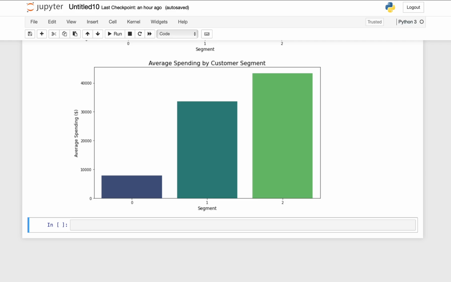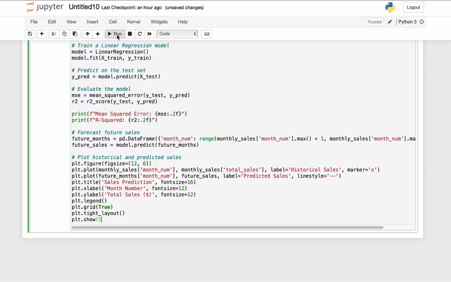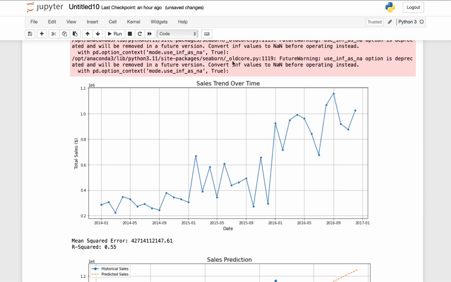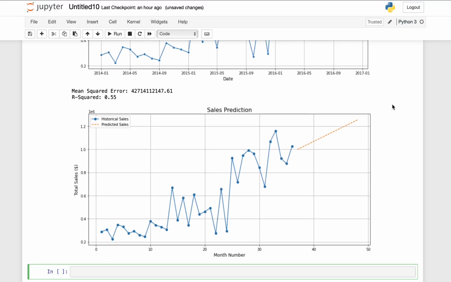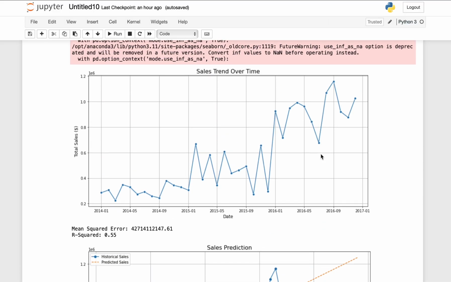to kind of forecast future sales. So we're going to plot the historical and predicted sales, and let's take a look and see what that will give us. So this is a lot of code, but we are going to run it. Ignore this. So we see sales trends over time. And in terms of a sales prediction, we can see that there's potentially an increase. So if we go ahead and kind of discuss this,